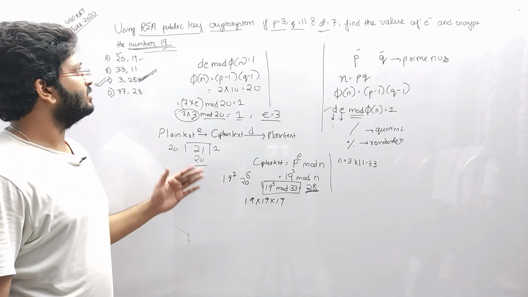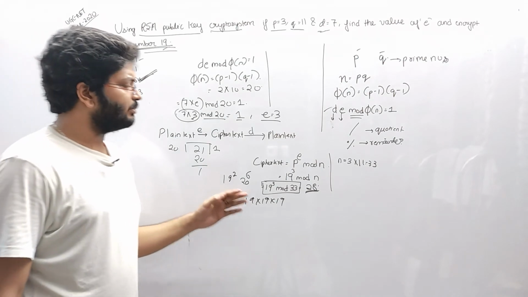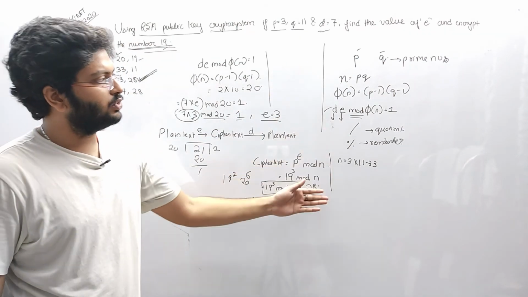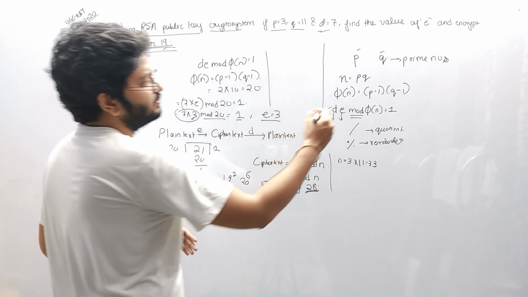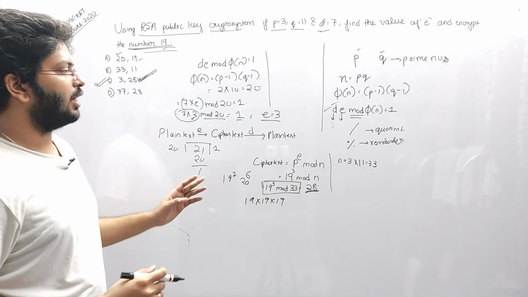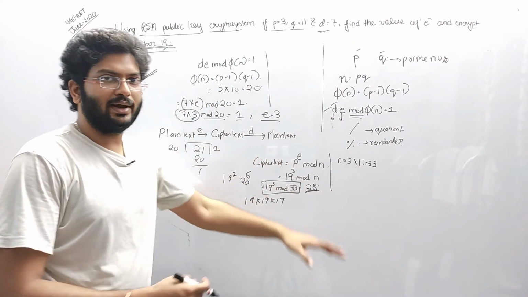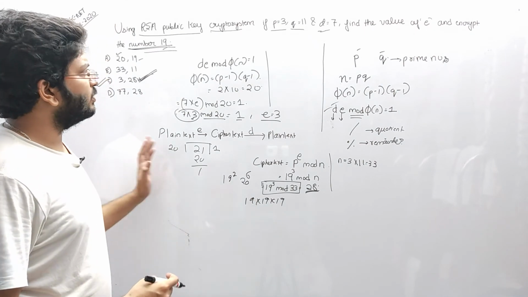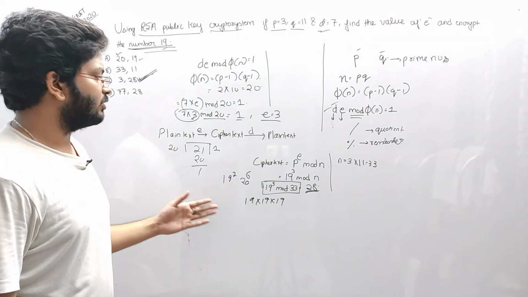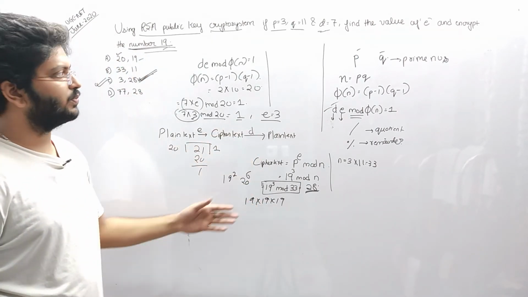This is a question on crypto systems. This type of question has been asked in previous years also, because it has only a few steps. You can also be asked the value of parameter d instead of e, or you can be asked, after decryption, what the message is, whether we are getting the plaintext or not. So many questions are possible. So kindly watch the video properly and concentrate while watching such conversions of equations.